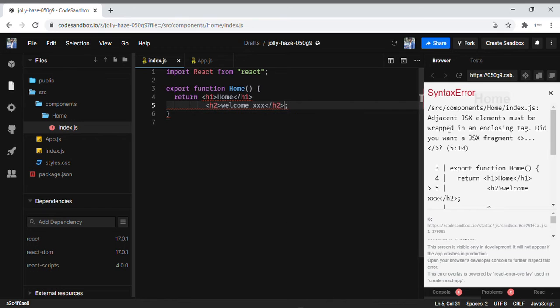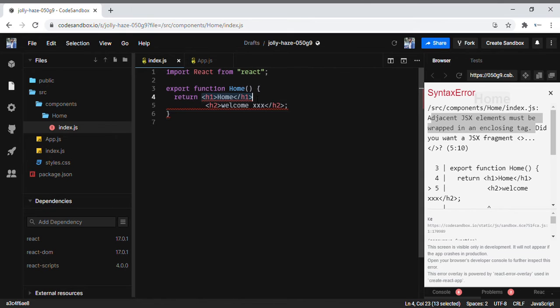What does this mean? Adjacent JSX elements must be wrapped in an enclosing tag. So what it means is, initially only one child was there. Now there are two different elements. So when you're creating like this in React, obviously you should wrap it under a parent component.